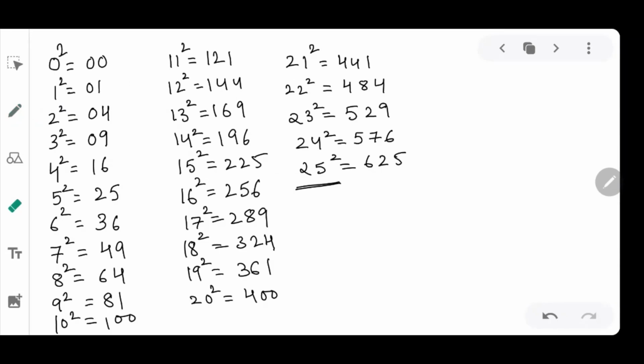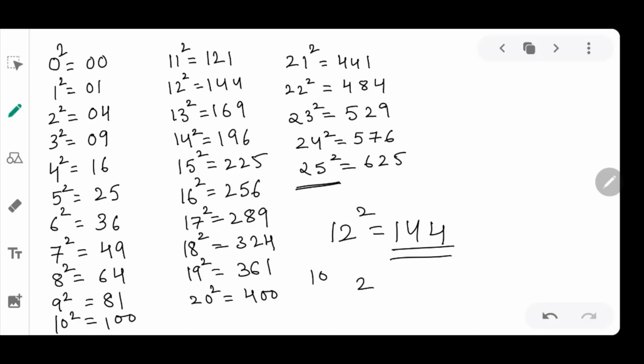To master the method of finding the square, you have to first learn the squares of the first 25 numbers, as I have written on the screen, you can see. If you don't want to learn, you can find out the squares of these 25 numbers in mind also. Like if you want to find out 12 square, we can find it out. Base is 10. How much more than the base? 2. So 2 square is 4, and 12 plus 2 is 14. 144 is the answer. So you can easily find out for any number.